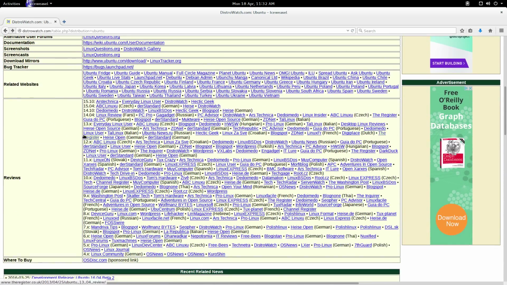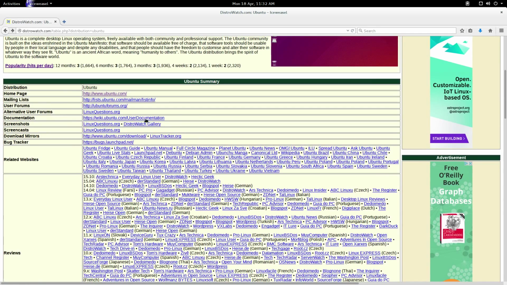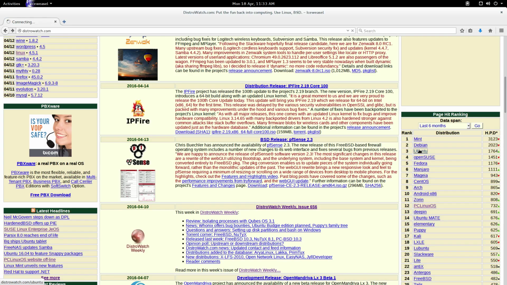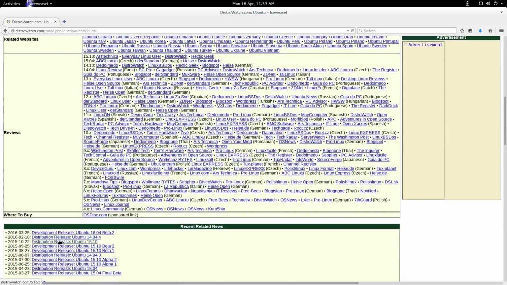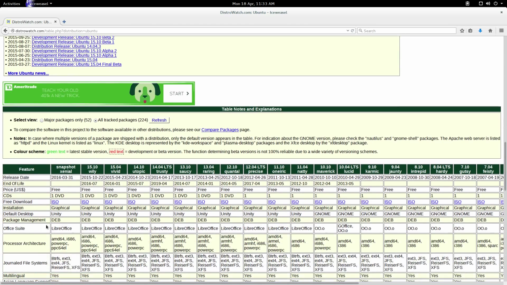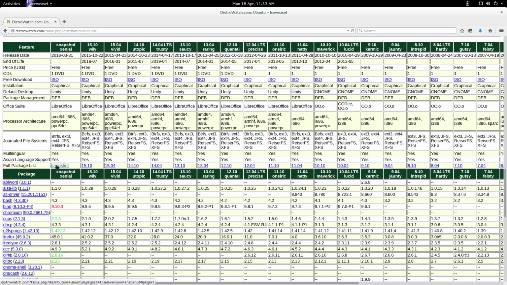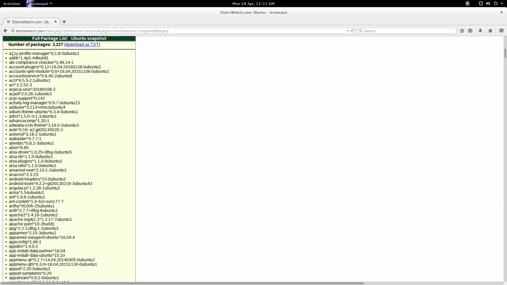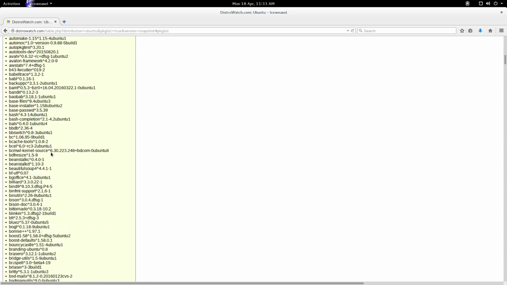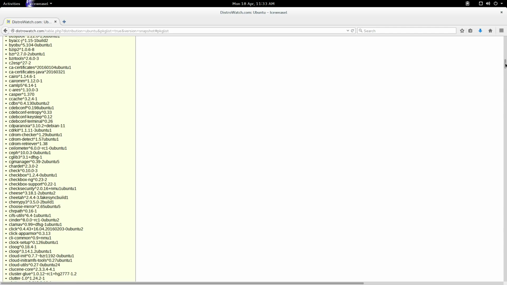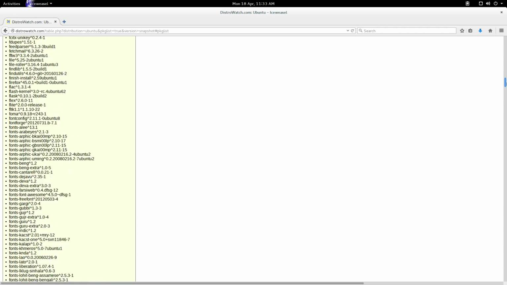They say you can get all kinds of news here from each one of these websites. Oh, another thing I want to show you is here when you click on this, you can get a package list for each version. So like right here, this is the new version that is going to be released, and here's the snapshot. This is what software is going to be on Ubuntu 16.04 in the versions. So that's another handy thing when you try and decide what to download, is check their